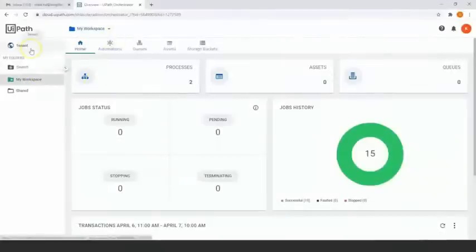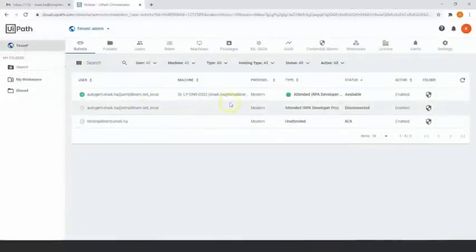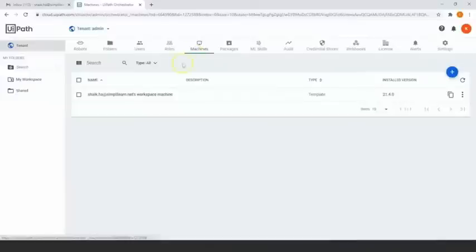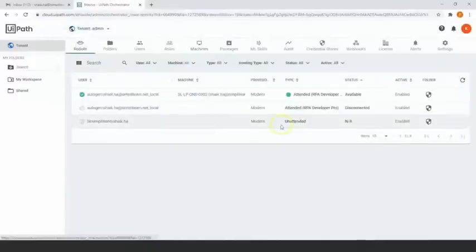In the orchestrator, go to the tenant context, and here you can see the robot is connected. It's enabled. If you go to the machines, you can see the machine is also connected. You can see here there is an unattended robot here. To get this unattended robot, what you have to do is go to the users,